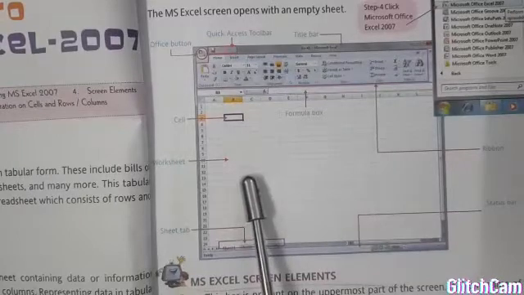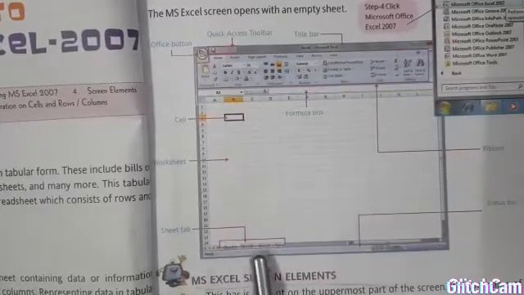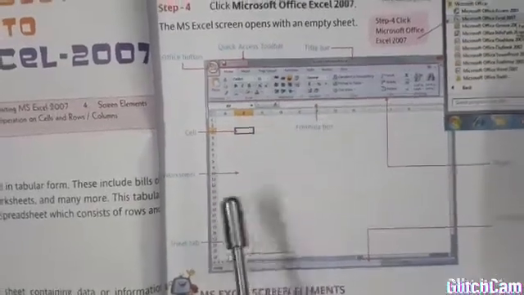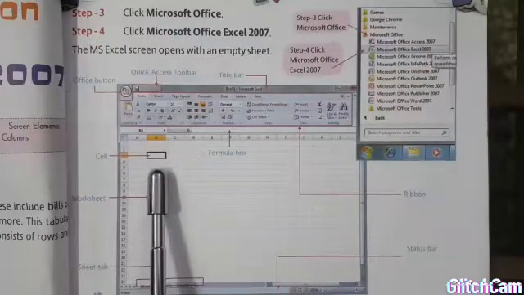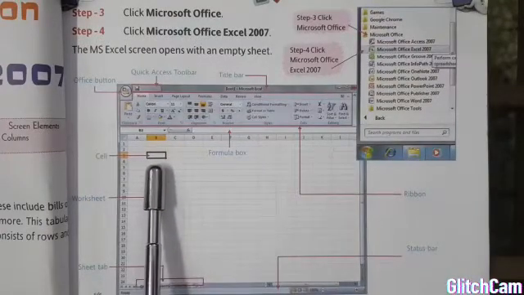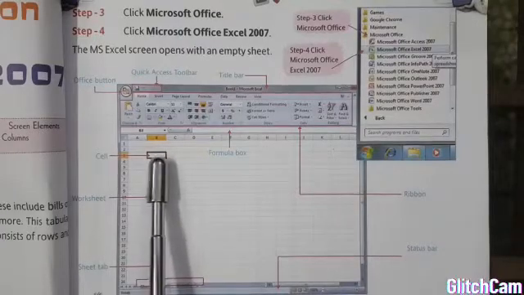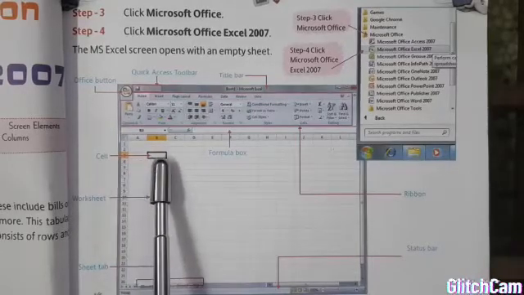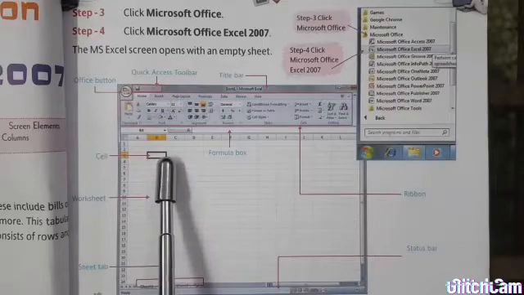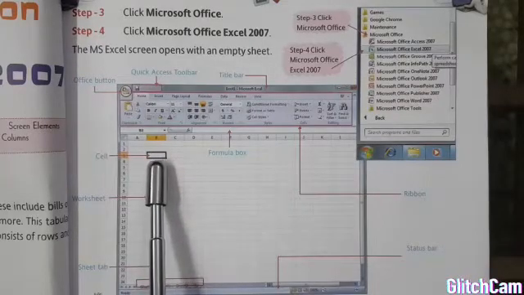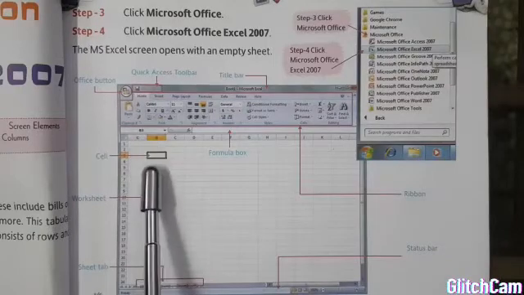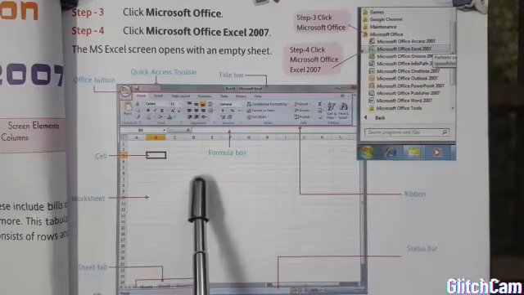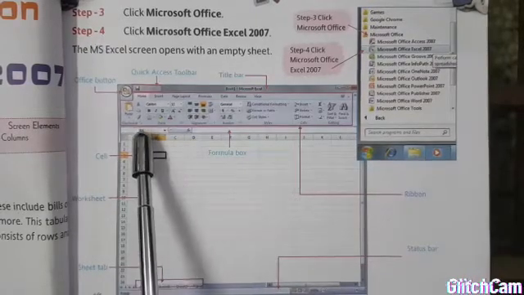By default, when you open this worksheet, you can see there are 3 sheets, sheet 1, sheet 2 and sheet 3, and you can add many more sheets in this workbook. You can see this one is highlighted with a dark border. It means the intersection of column B and row 3 is active, that is, the address of this cell is B3, or the name of the cell is B3. This one is highlighted. If we click anywhere, that particular cell will be highlighted.